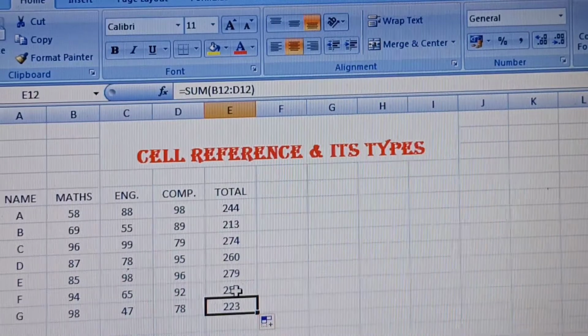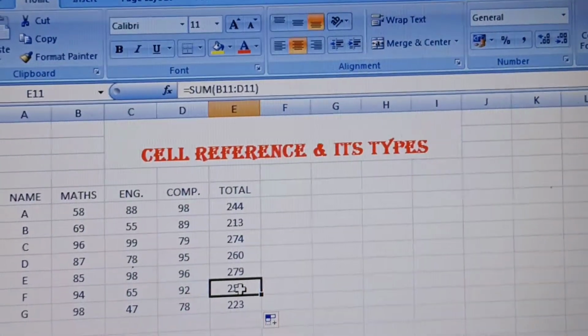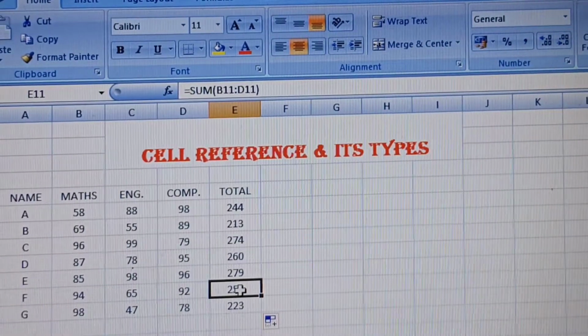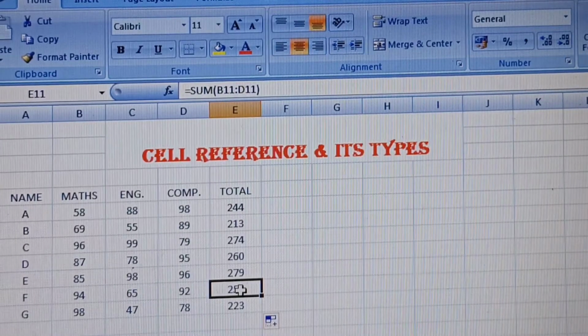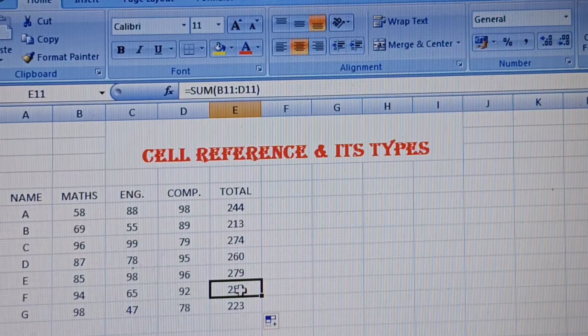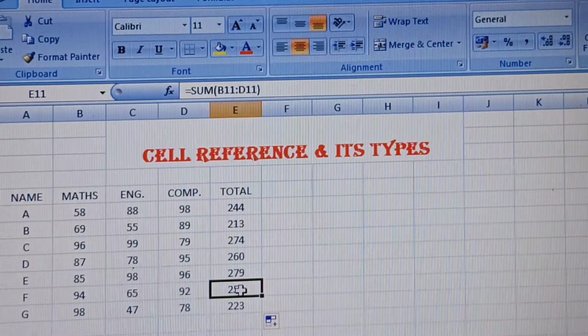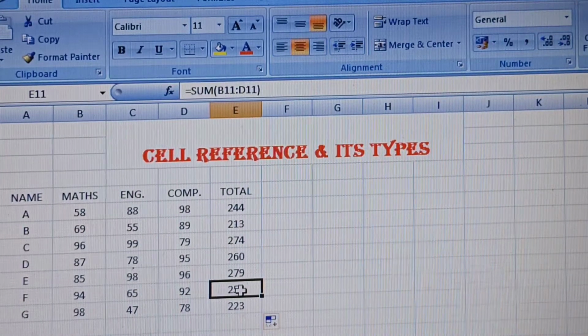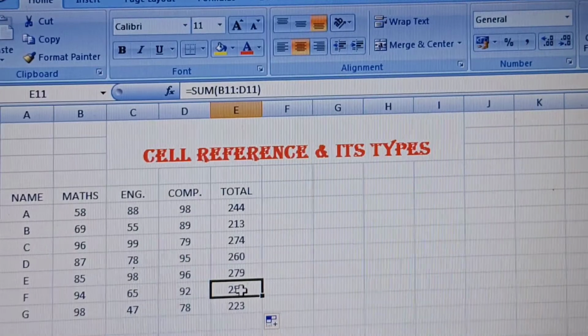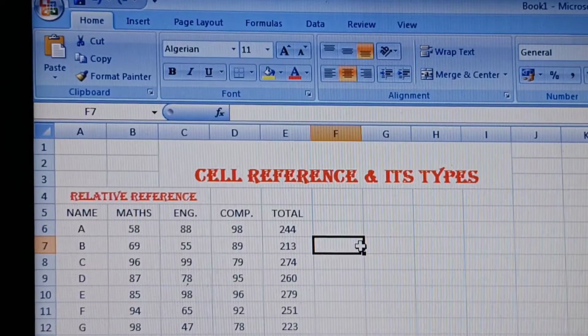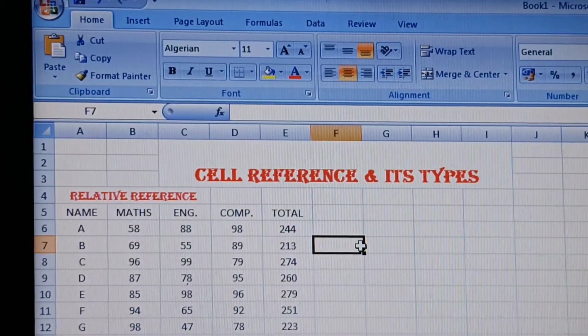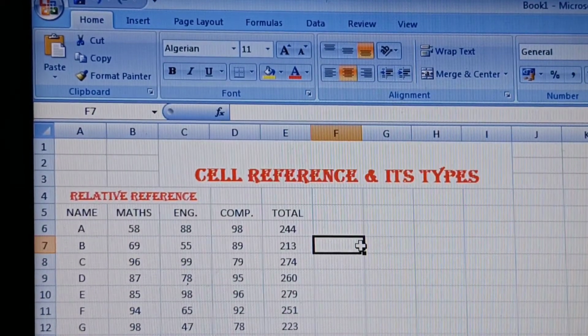Relative reference is the reference in which, when you create a formula, references to the cell or range are based on the position relative to the cell. So it automatically changes the cell address. So it's a relative reference. Okay, now let's talk about the absolute reference.